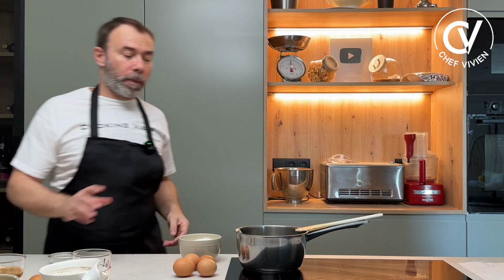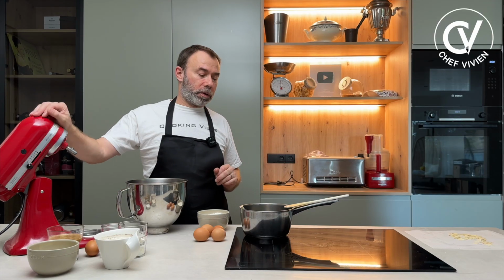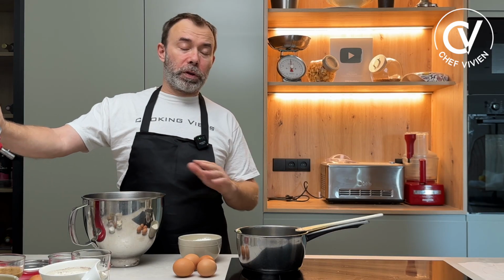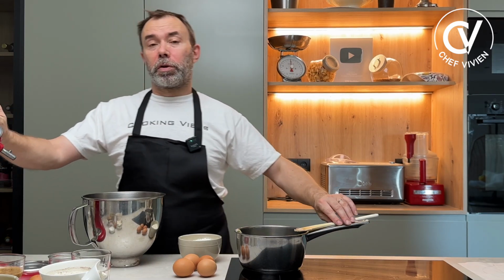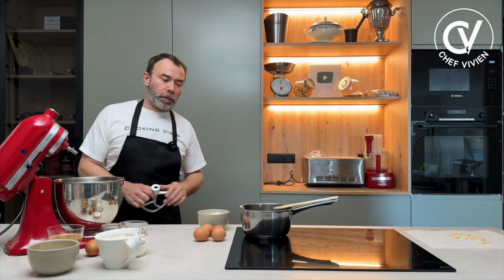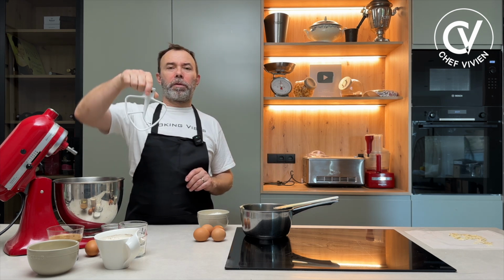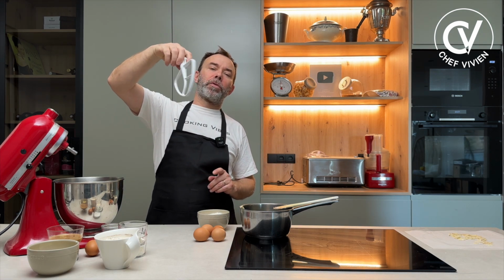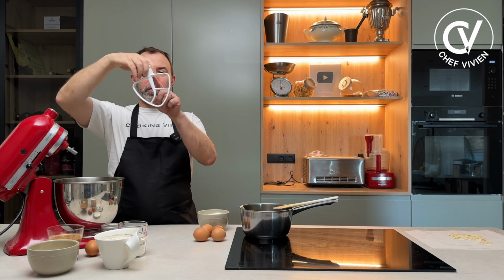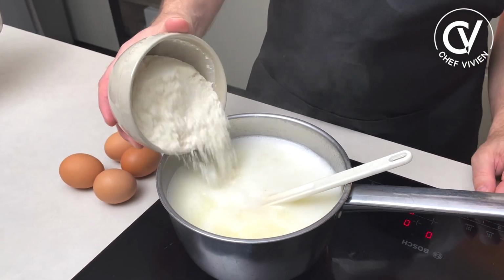It will be incorporating the eggs. I will do it with this pastry helper, but you can completely do it with just a spatula, and I will explain how. If you have a pastry helper, you use this, in French we say une feuille, a leaf. Maybe in English you also say leaf, because it's the drawing of a leaf. When it is boiling, we put in all the flour at once